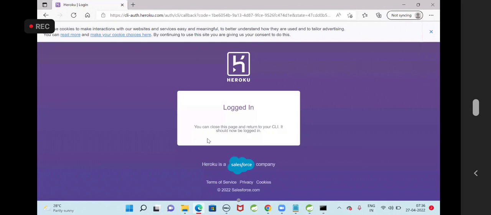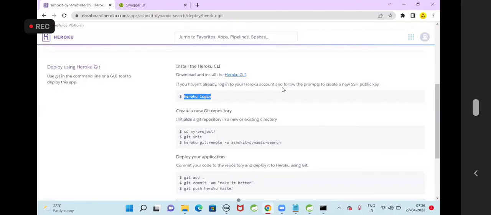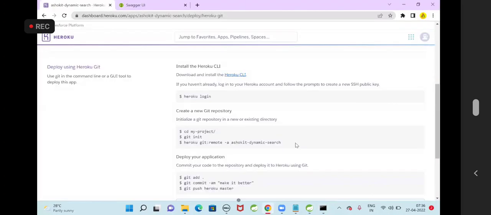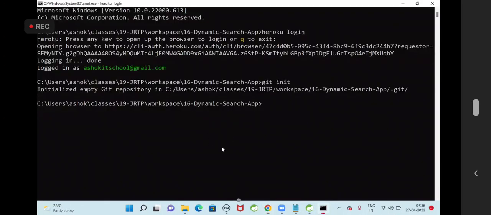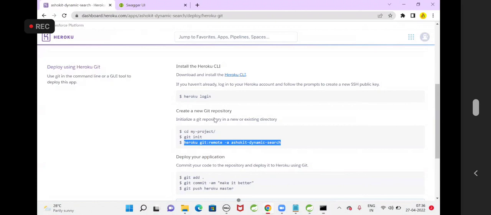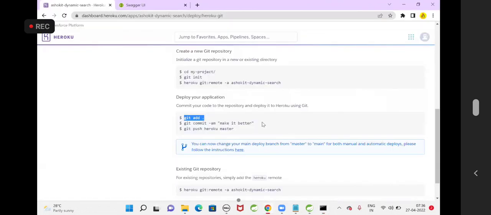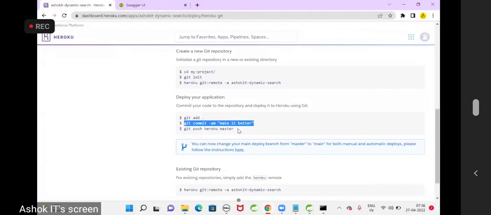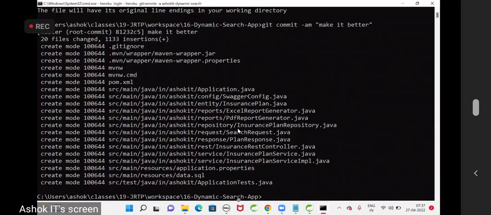Then the git init command. Already I'm in the project folder, so I'm using the git init command. Then heroku git:remote with my repository name in the cloud. I'm executing this. Then the next one, add all the files. git add . All the files are added. git commit. I'm committing all my files. Then push the files to the Git repository. Okay. Now,